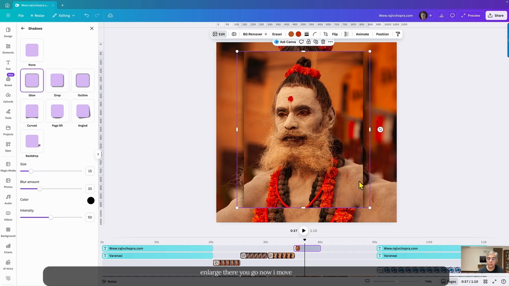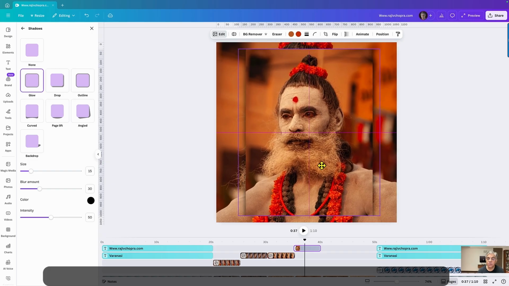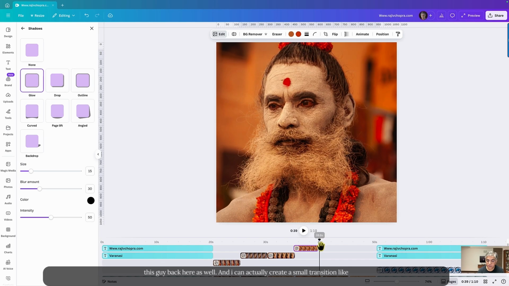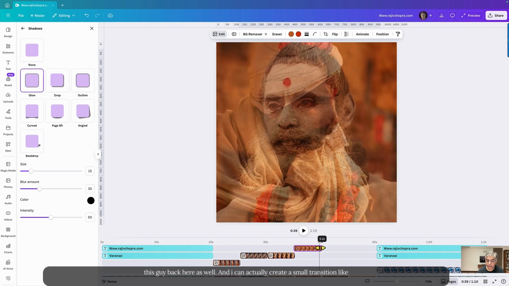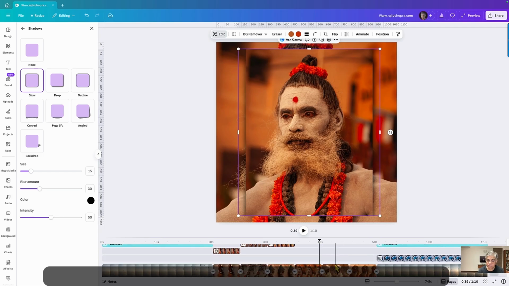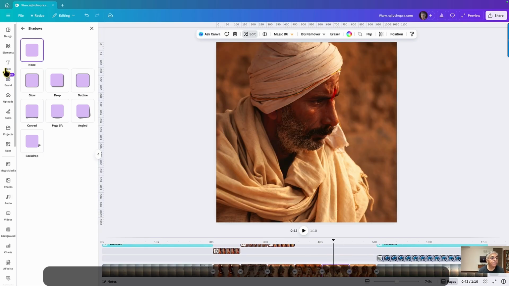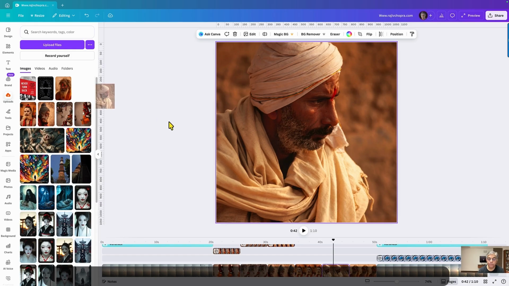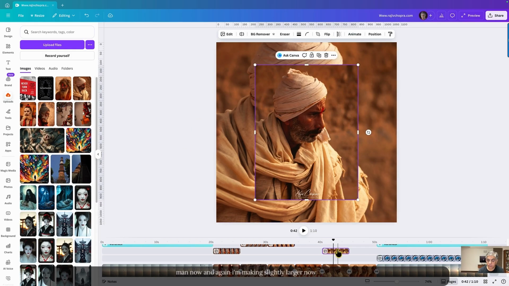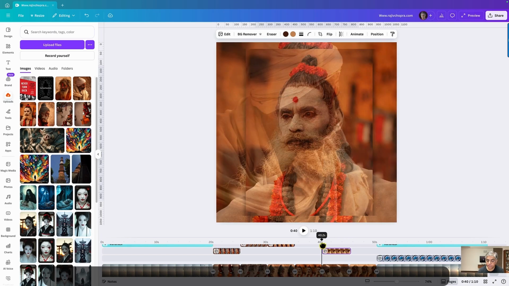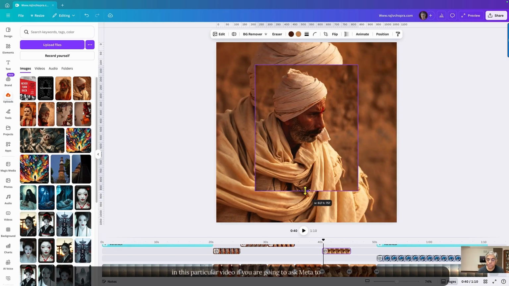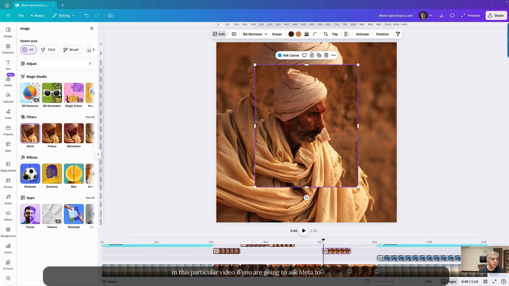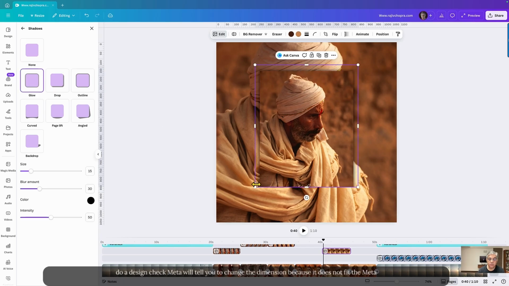Enlarge, enlarge. There you go. Now I move this guy back here as well, and I can actually create a small transition like so. Uploads. I've got this man now, and again I'm making him slightly larger. Now in this particular video, if you are going to ask Meta to do a design check, Meta will tell